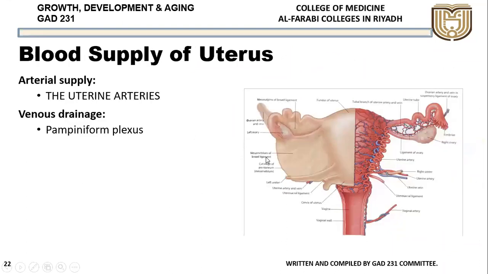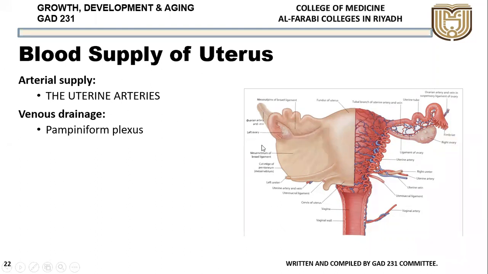Now coming to the blood supply of the uterus, it is supplied by a very tortuous artery called the uterine artery. If you see here, this is the uterine artery coming here and going in 2 branches, up above and below, and it becomes very tortuous. This is because the uterus has the capacity to expand, but not the arteries. When it expands, the artery should still be able to give blood supply to the uterus. If it were straight, it would break. So it is very tortuous so that it can supply the whole of the uterus.